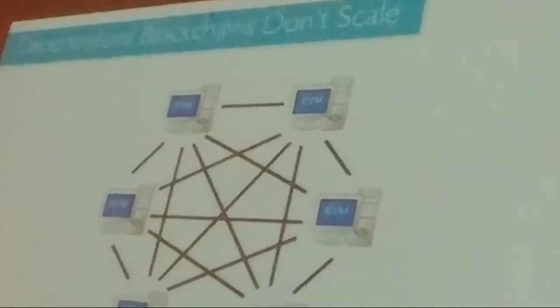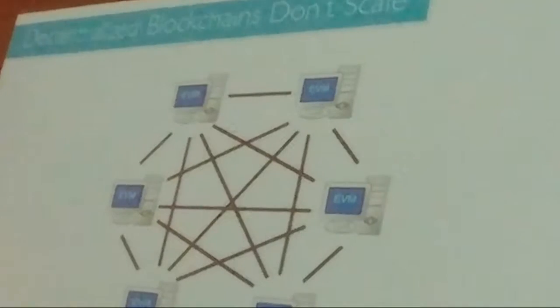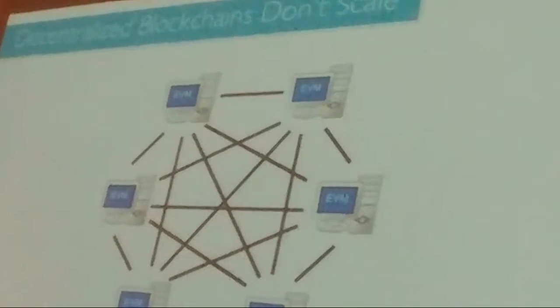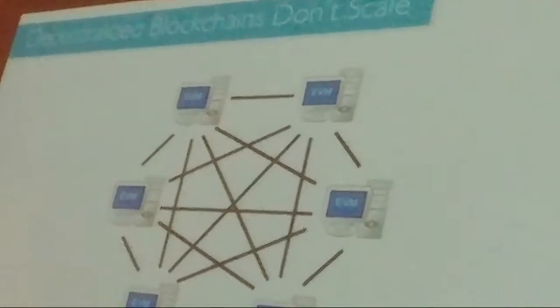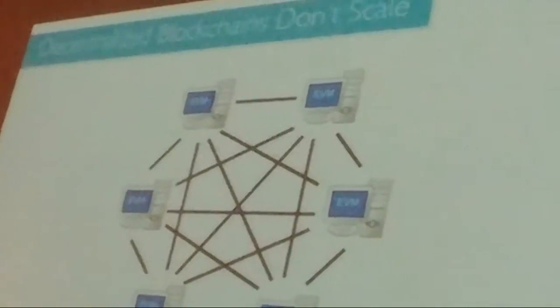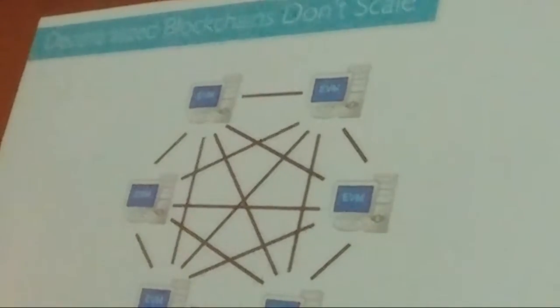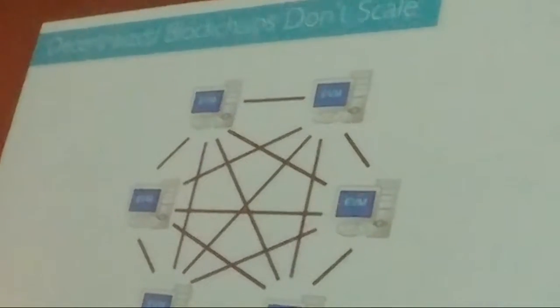So if you want to increase decentralization, if you want a lot of nodes on your network, that means you need to make it so anyone can run a node with their home computer and their home internet connection. If you increase the scalability, the minimum system requirements go up, the amount of bandwidth the block size goes up, so the amount of bandwidth required to download it also goes up. And this means the higher you increase scalability, the fewer and fewer computers are going to be able to run